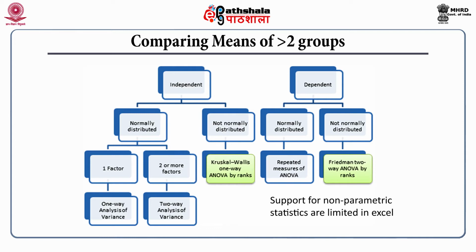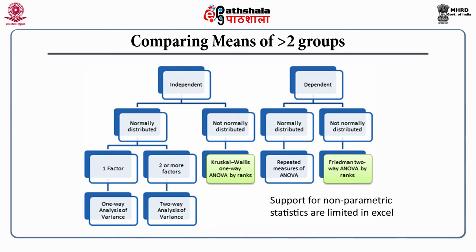If it's normally distributed, we have to use one of these parametric tests like ANOVA. Now the question is, is it one factor or more than one factor, two or more factors? So if it's only one factor, we have to use one-way ANOVA, that is analysis of variance, or more than one factor, we have to use two-way analysis of variance. So if it's not normally distributed for the independent group, we have to use Kruskal-Wallis one-way ANOVA by rank, which